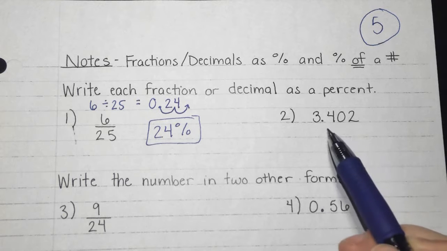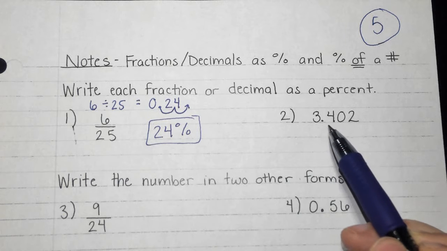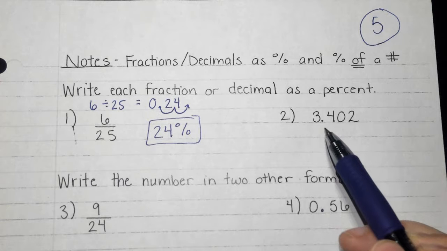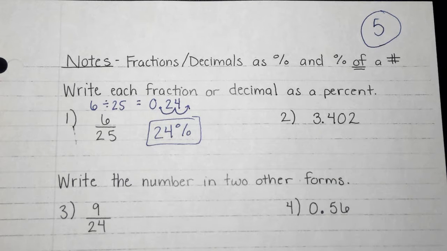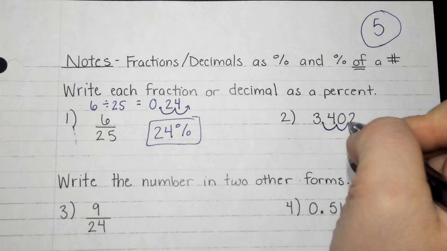All right, so for number 2, we want to change this to a percent. This was already a decimal. To put the percent right back, what are we going to need to do, Allie Claire? To put the percent right back, what do we have to do? Move the decimal to the right. How many times? 2 times. So that gives me